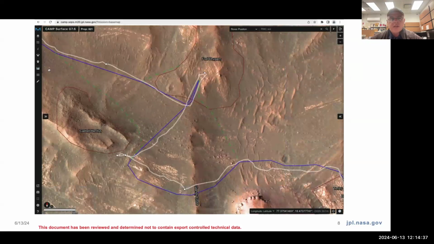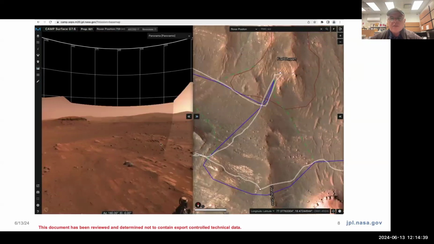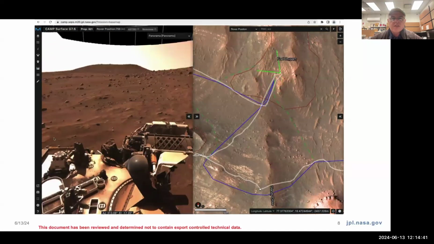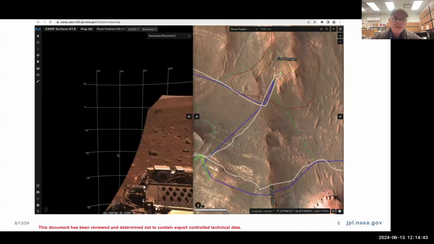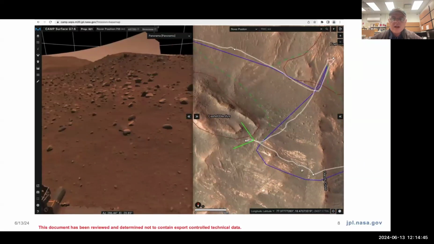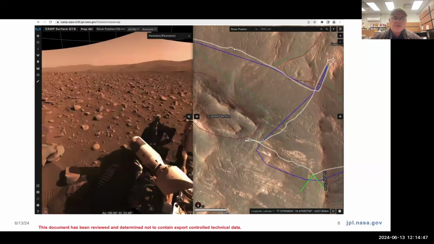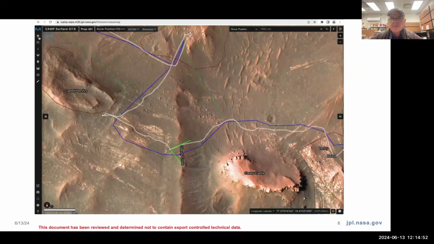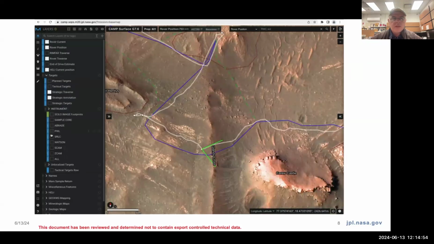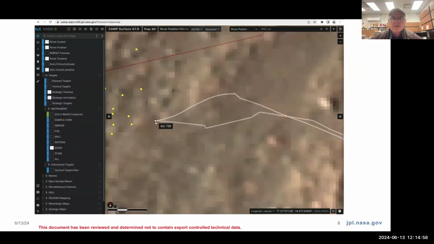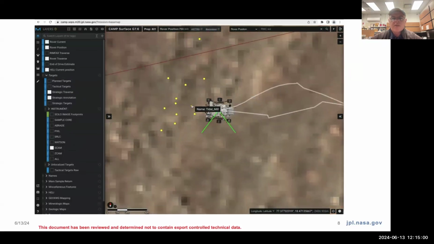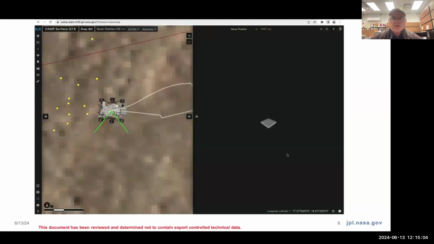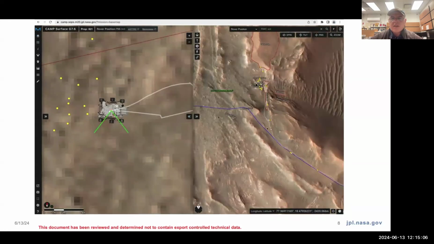So now we're just zooming in and showing that we can click on a location and see data in situ. So this is actually a photosphere. And just by clicking points, you're rapidly able to look down onto the surface from the rover's point of view and start to see what the surface is like. And this is just showing, it's not only raster, it's also vector. So here are a bunch of targets that are located near the rover. Here's the footprint of the rover. So you can see the names of those, so you can investigate what targets you've done. And then you look at it in